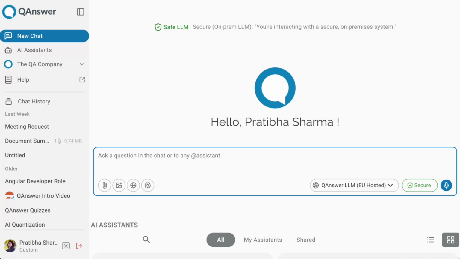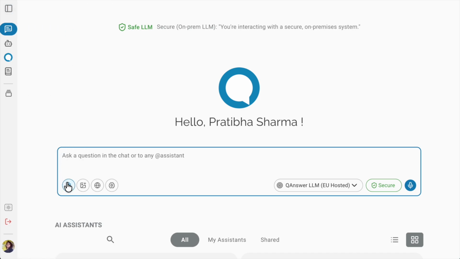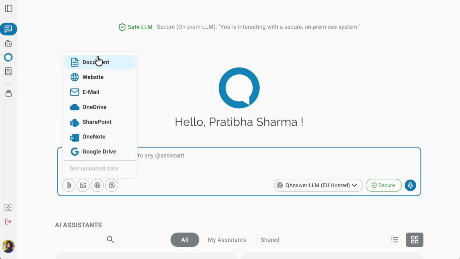Welcome back to QAnswer's new chat interface. In this tutorial, we'll quickly demonstrate how each of these icons actually work. Let us begin with the attachment icon, using which you can upload data sources of your choice, including documents, websites,